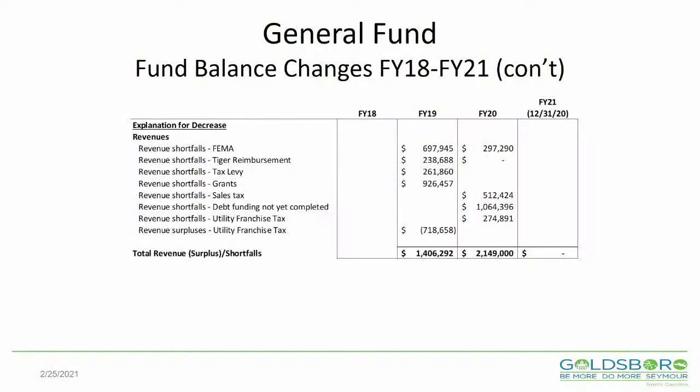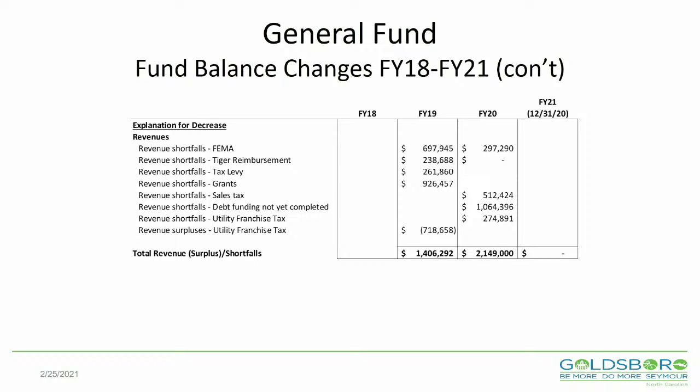All right, so then there's two other explanations about why your fund balance goes down. It's revenue shortfalls, or it's over-expending your expenditure budget, okay? So for revenue shortfalls, what we ended up with in 19, the big thing is we had several,